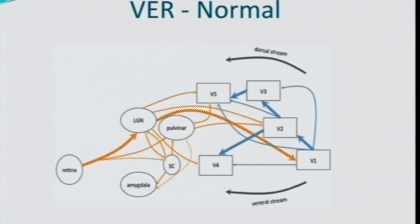From there, they go to the visual association areas. So they say sometimes these visual fibers, which are in the visual association areas, may produce a normal VER response in this patient. Or sometimes the infarct in the visual cortex is a patchy infarct, so there are some neurons which are still functioning, and they may give you a normal response in